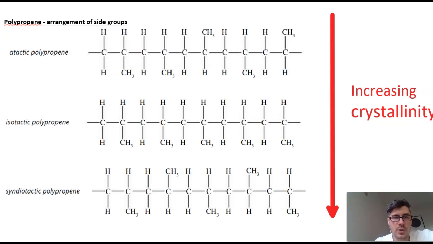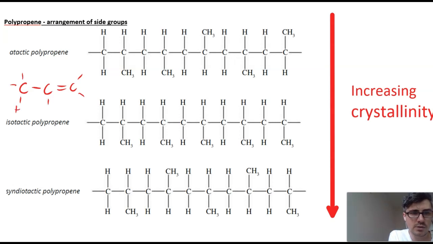In this video we look at how side groups can affect the crystallinity of a polymer, particularly focusing on polypropene. So if we think of a polypropene monomer, we have 3 carbons in a row which have this many hydrogens on them. And the repeating unit is shown